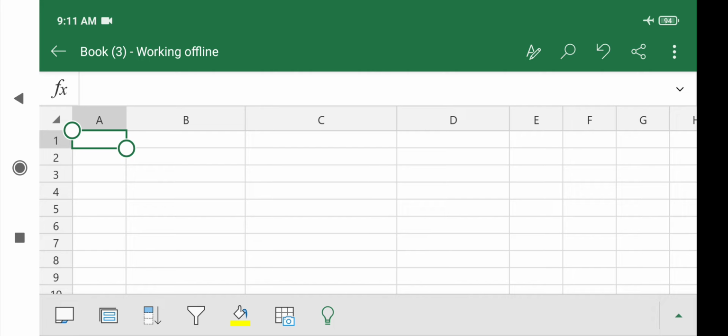After applying it, put a comma. If the condition is true, then write under double quotation the true statement, then comma. If it is false, then write under quotation the false statement, and the first bracket will close. So in this manner we have to write down the formulations. So I have told you the syntactical part, how to write it down.